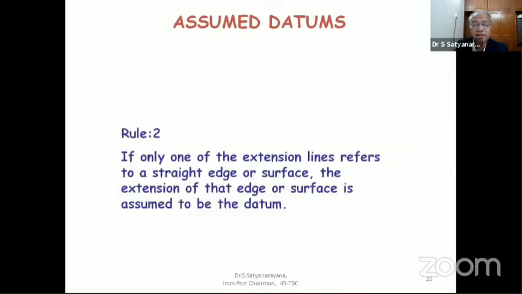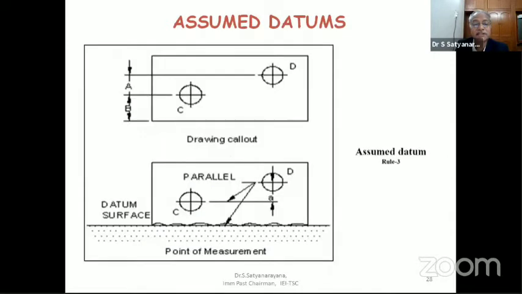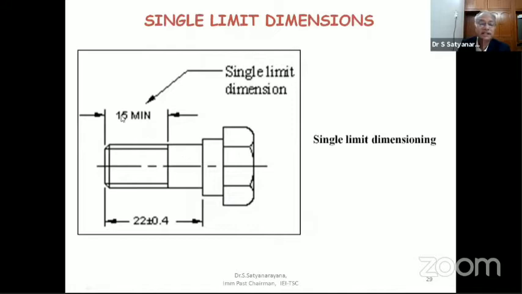And I am skipping all the datums and other things, which will come across later. And you see, here it is written as 15 minimum. You can measure that 15. If it is 15 minimum, you have to accept. It can go up to 22 also. No problem. But the minimum requirement is 15. Some people ask for a tolerance on 15 minimum. It is very difficult to provide. There is no tolerance on that.